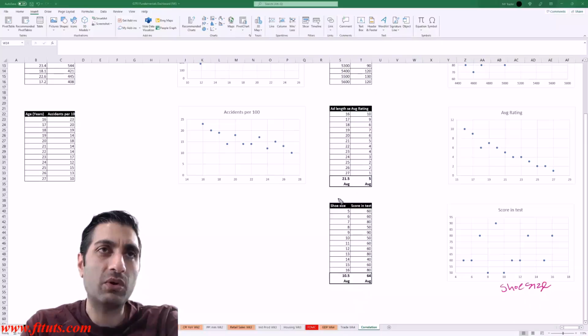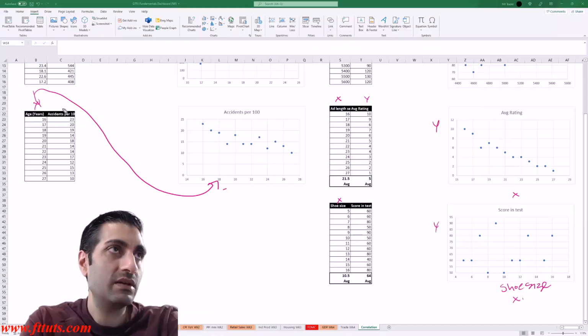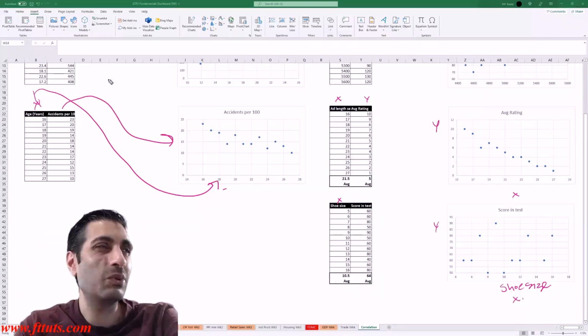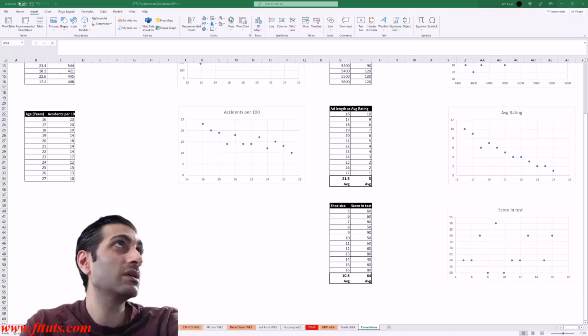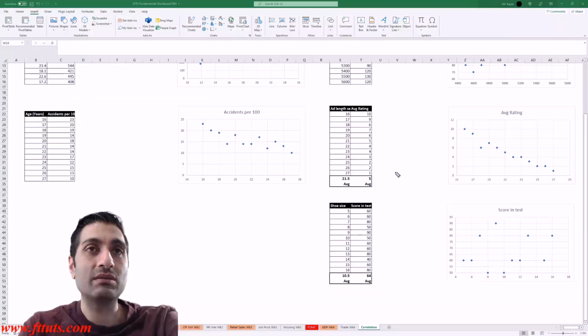I'm sorry, I should have put on all of these: this is the x-axis, and that's the y. So that's y and x. It's always x here, so this column always goes into the x, and this column goes into the y. Sorry, I should label them, but I don't. Apologies, it's a little bit bad of me not to put the labeling. I should really put the labeling on, but I don't. But can you see here,